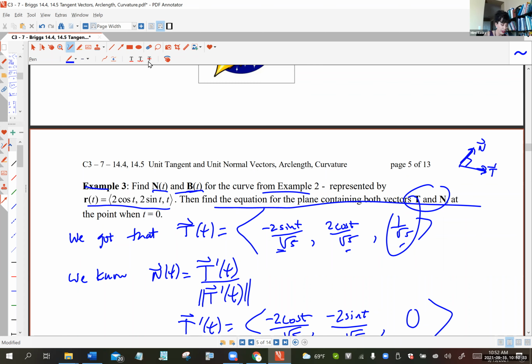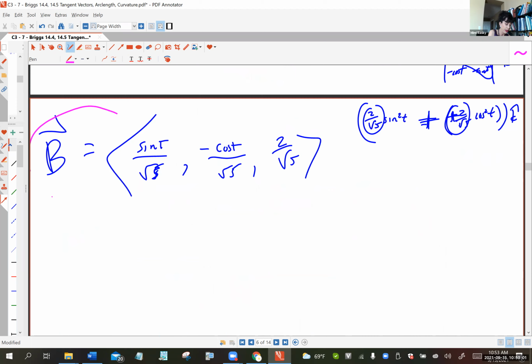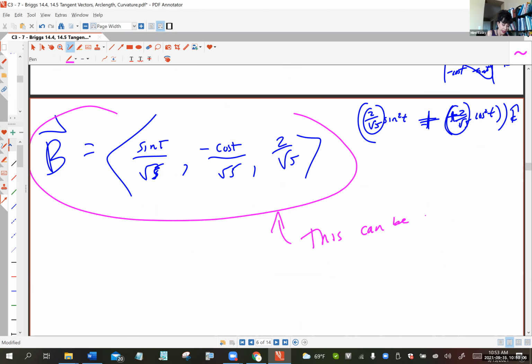And then we know that the binormal vector is obtained by taking the cross product of T and N. So it's going to be pointing, say, that way, making a 90-degree angle with both N and T. Can you visualize here that the plane containing T and N has a normal vector, which we can use the binormal vector for? So here's my claim to finish out this problem. This vector can be used as the normal vector to the plane